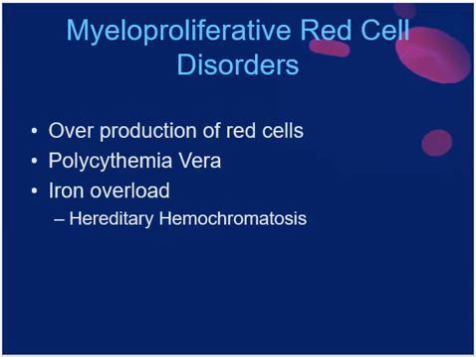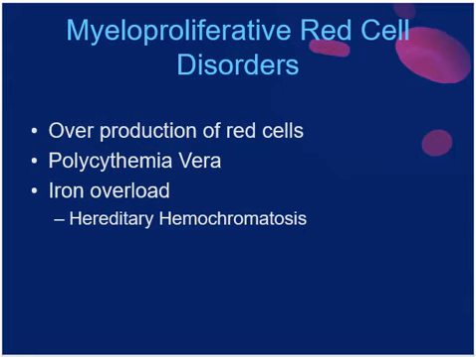Next, we're going to talk about myeloproliferative disorders. This is a hematological dysfunction that results in the overproduction of cells. It can be a result of exposure to radiation or drugs, a physiological response, and also immune disorder. It's characterized by the overproduction of one or more of the hematologic lines in the peripheral blood. It could be your white cells, your red cells, or your platelets, and it is not indicative of an acute leukemia at that time. So for the purposes of our talk, we're going to talk about polycythemia vera and iron